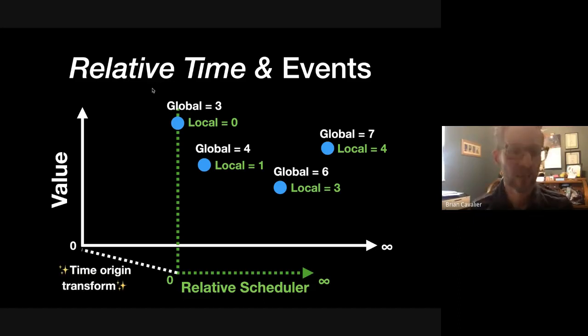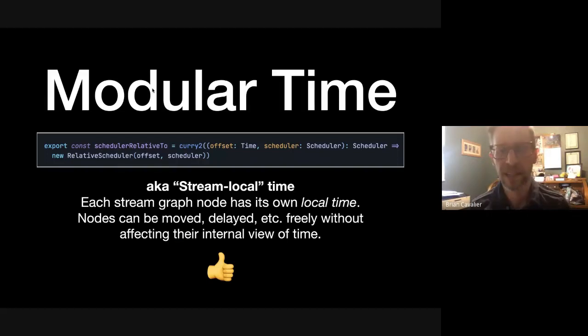And we do that with a simple idea. If you've done any graphics programming, this is a very similar concept to what you find in graphics programming. You have coordinate systems and you create transformations between those coordinate systems. And so that's what we do in Most: we have a root scheduler, and then we have the ability to create relative schedulers that are relative to the root or relative to some other relative scheduler. And you can end up with a whole tree of these